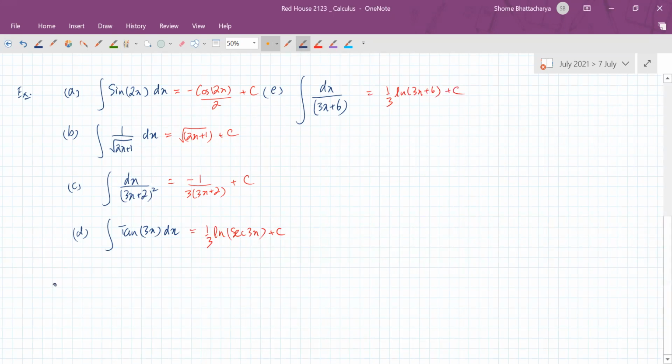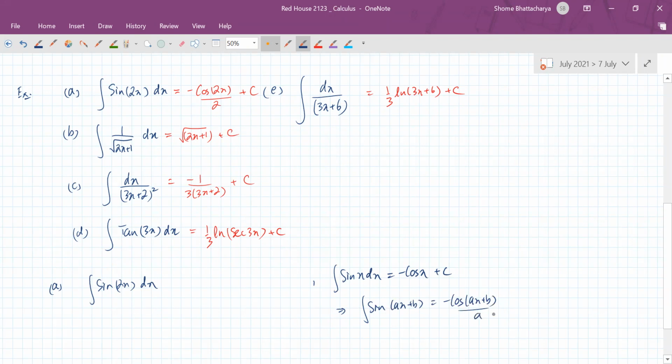Okay, so for example, let's understand the first one, integration of sine 2x. Now we know that integration of sine x by formula is minus cos x. So therefore, integration of sine of any linear term is minus of cos of that linear term divided by a plus c. So just applying that over here. So in this case, a is equal to 2 and b is equal to 0. Okay, so this becomes